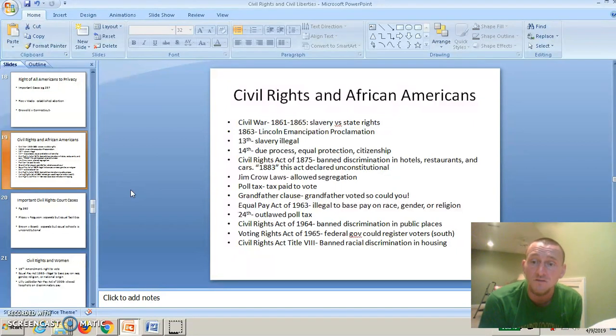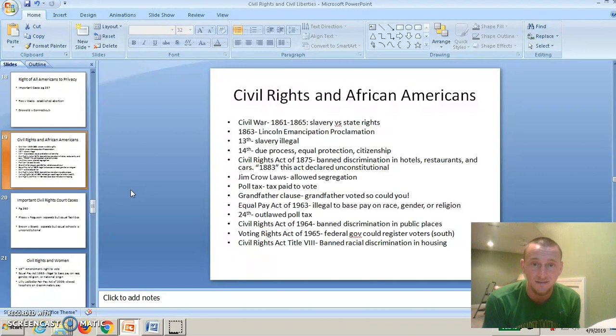After the Civil War, the North wins. There's going to be 3 amendments called your Reconstruction Amendments. They're going to be number 13, 14, 15. You're going to need to memorize all 27 of them, but you need to know your 13th, 14th, and 15th are your Reconstruction Amendments. The 13th Amendment abolishes slavery. The 14th talks about due process, equal protection, and citizenship. All those are parts of the civil rights and civil liberties. Remember, the 14th Amendment is also known as the incorporation doctrine. Some people say the 14th is the most important. Then the 15th is all men can vote. So 13, 14, 15, Reconstruction Amendments.